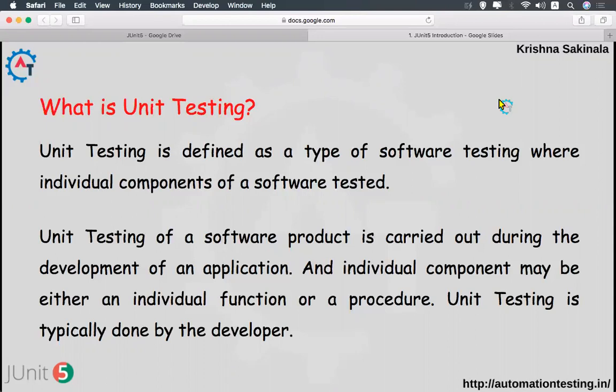Unit testing of a software product is carried out during the development of an application. So when you're developing your application, you will do unit testing. Let's assume you have created a method called addition of two numbers. After creating this addition, you will do unit testing to check that the code which you have written for adding two numbers is working fine or not.